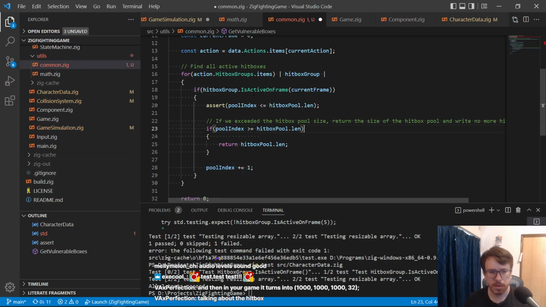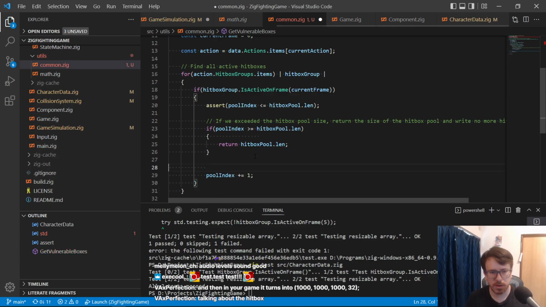Okay, so we actually need to pull in, oops, I forgot we're going through hitbox group items, but we still need to go through each hitbox, right? So we need to do